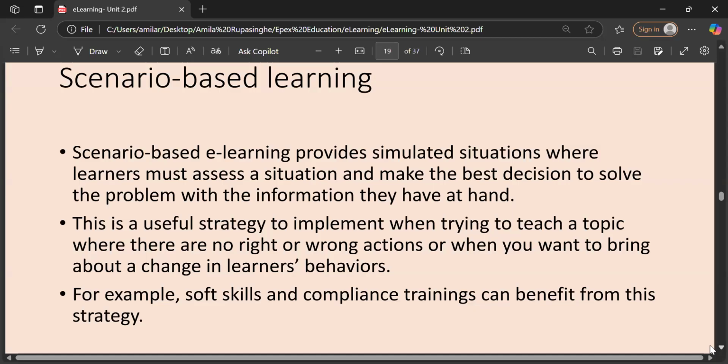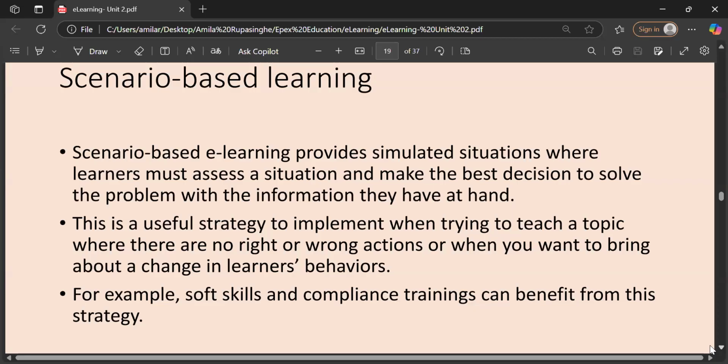Now, just think as an example, if we want to change the behavior of some kind of children, then we can use this strategy, right? We explain some simulated situation similar to this situation, right?